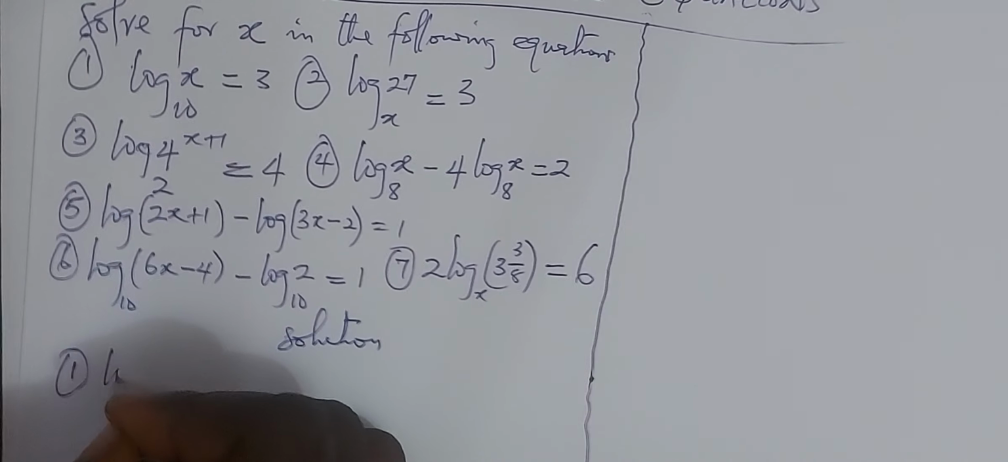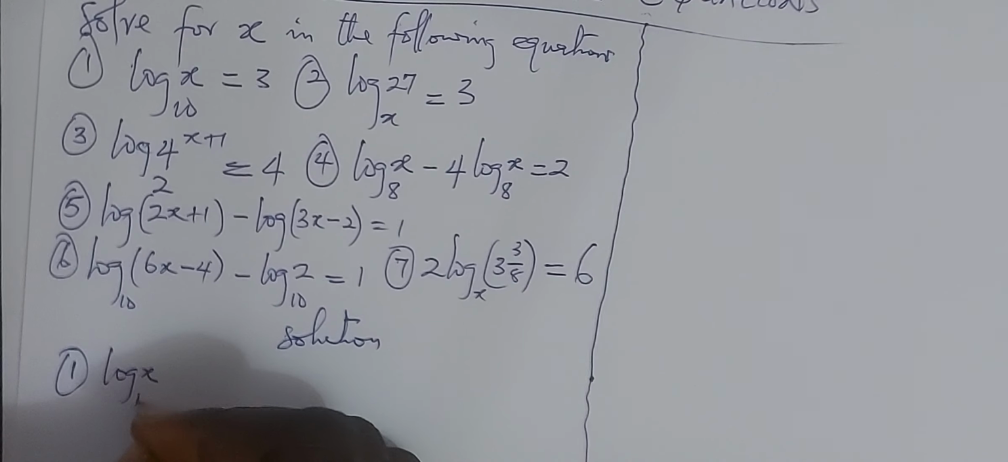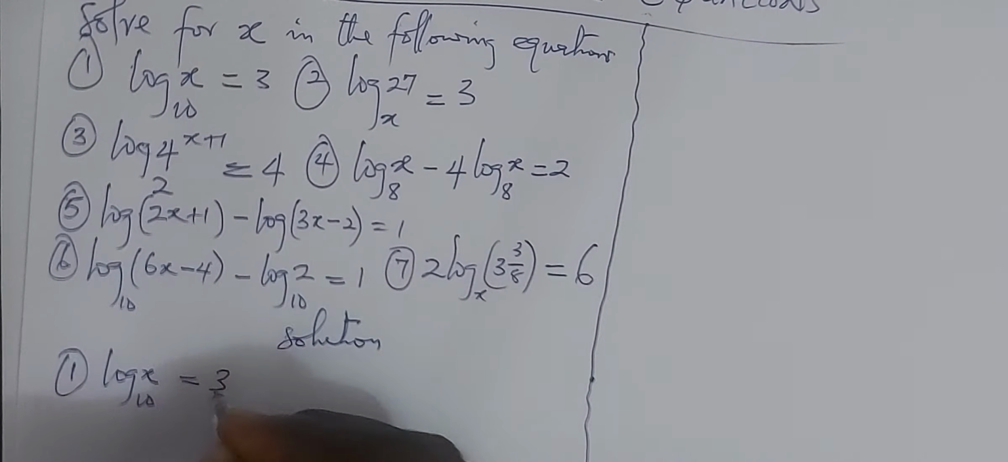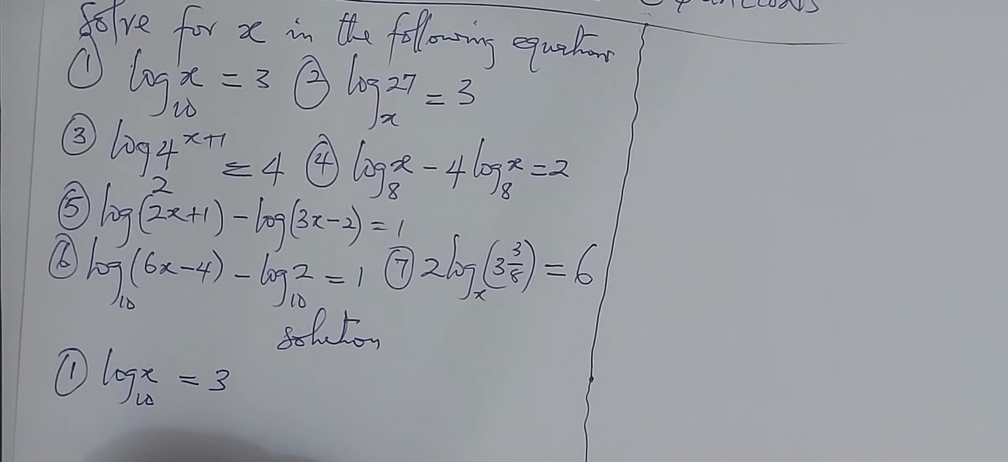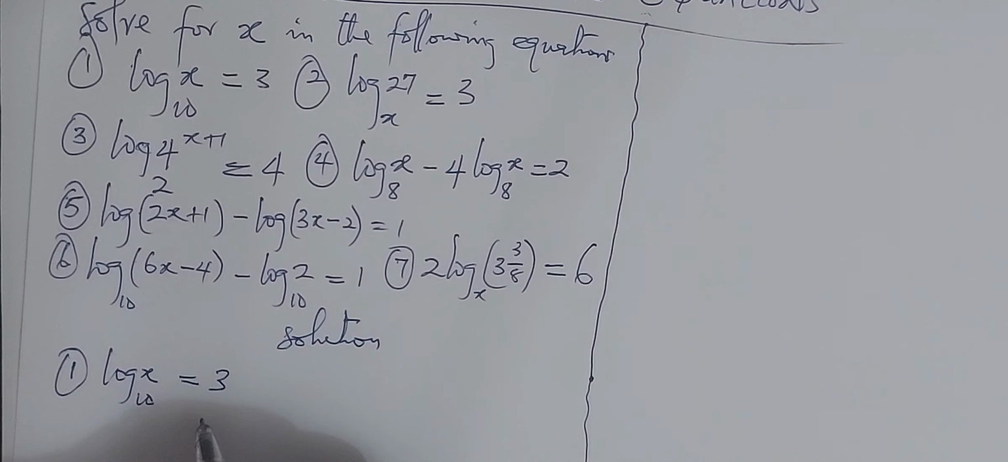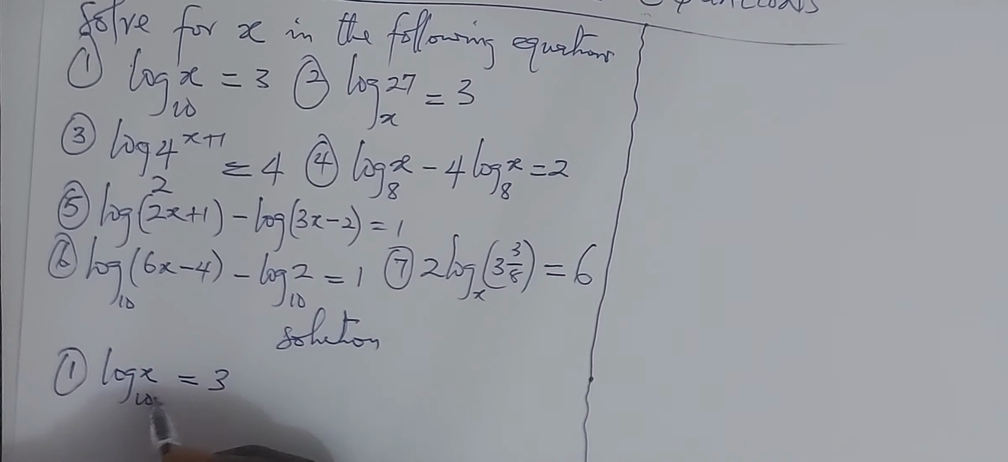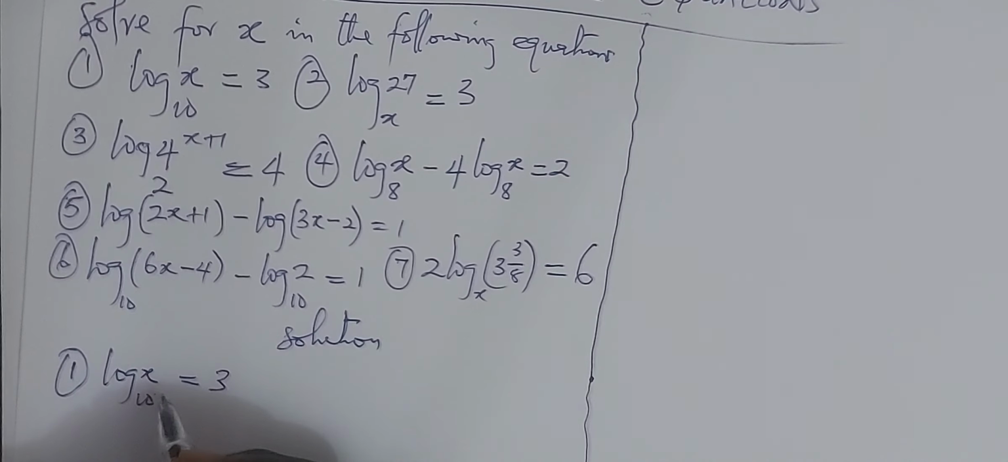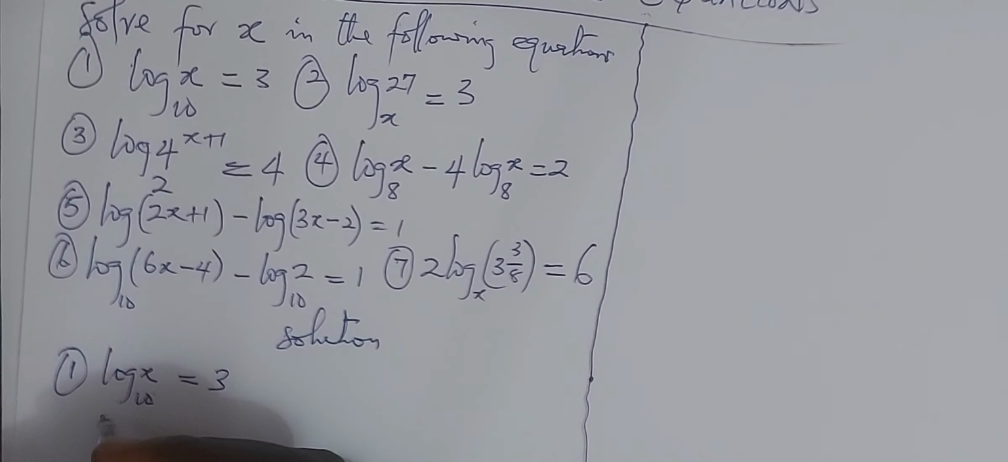So number one is log x to base 10 equals 3. Remember, in the previous video, we can change this into index form. The 3 becomes the power of 10, and we solve for x. In index form,